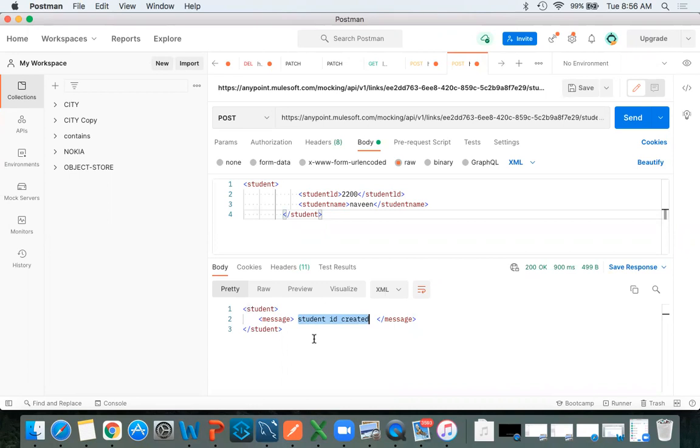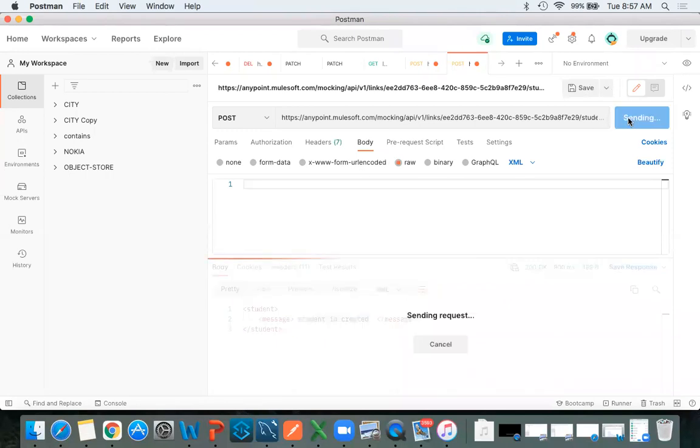Here, if we don't give the body, it is showing the 400. Then why is it not showing in the Anypoint Platform? That is mocking, right? Everything was dummy. Here it will validate this. Okay. This is for testing purposes. We are going to use this Postman. I told you right in the beginning, if you want to test your applications externally, we can go with this Postman.